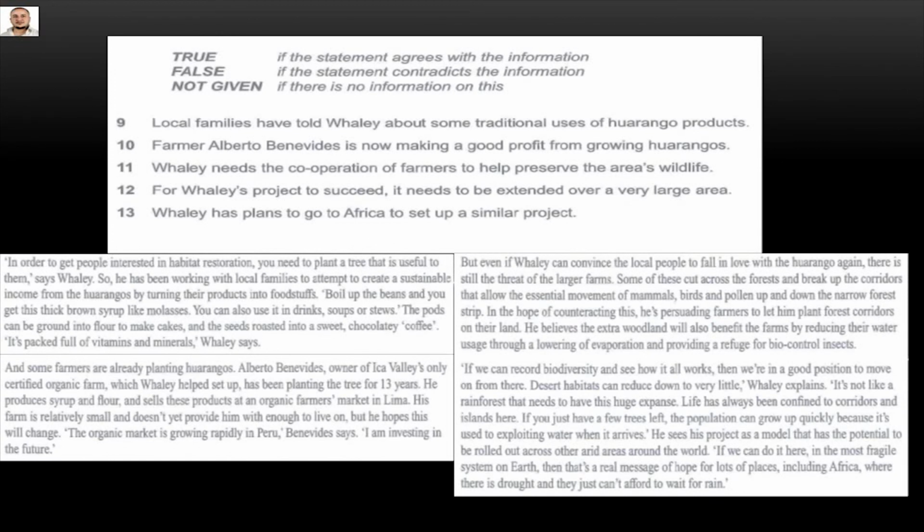15. Wally has plans to go to Africa to set up a similar project. Let's see. Life has always been confined to corridors and islands here. If you just have a few trees left, the population can grow up quickly because it's used to exploiting water when it arrives. He sees this project as a model that has the potential to be rolled out across other arid areas around the world. If we can do it here in the most fragile system on earth, then that's a real message of hope for lots